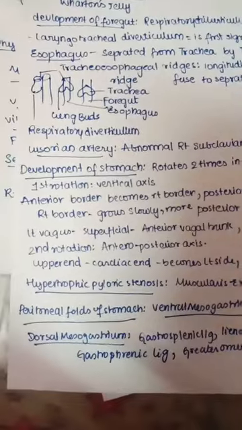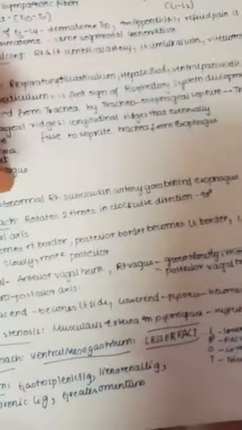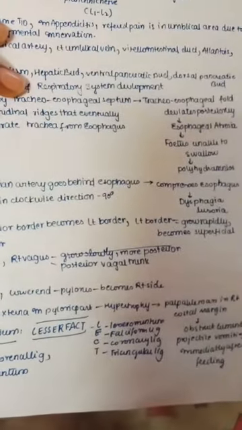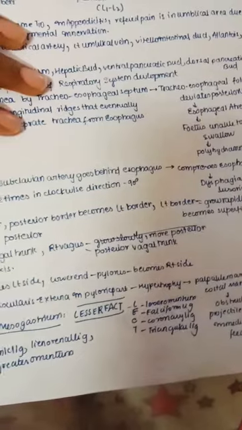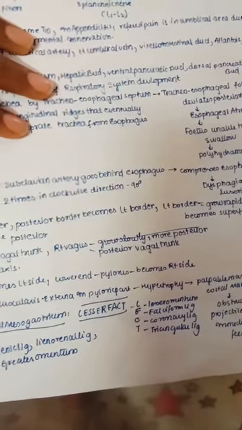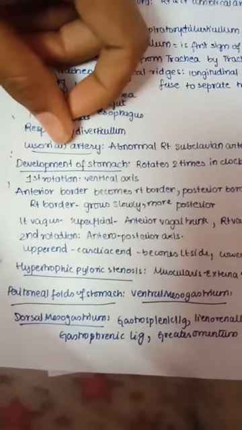And next let us move on to the lusorian artery. The lusorian artery is nothing but the abnormal right subclavian artery which goes behind the esophagus and mainly compresses the esophagus, causing dysphagia. Dysphagia means unable to eat properly. Because it is caused by the lusorian artery, the name is dysphagia lusoria.